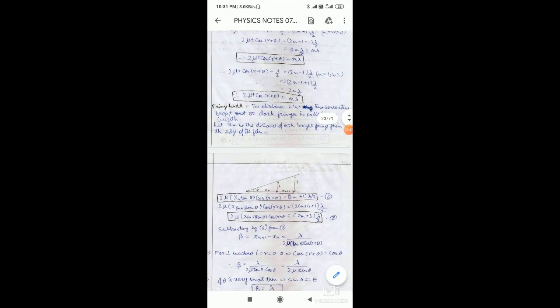So we get beta equal to lambda upon 2 mu theta. Similarly for air, you know that the refractive index is 1, so beta equal to lambda upon 2 theta. So the fringe width for a wedge shaped film will be beta equal to lambda upon 2 theta. Okay, it means the value of fringe width is directly proportional to the incident wavelength and inversely proportional to the angle of wedge as shown in